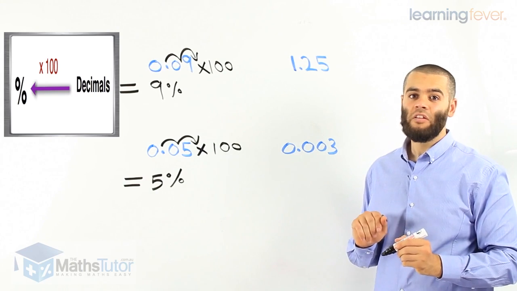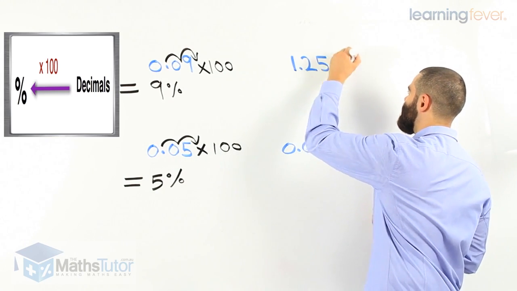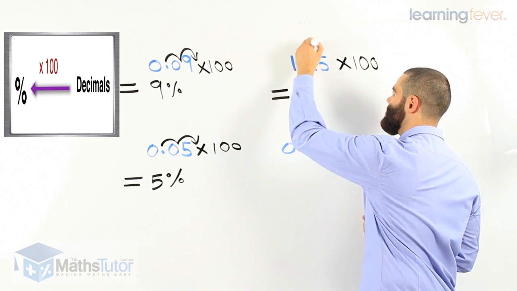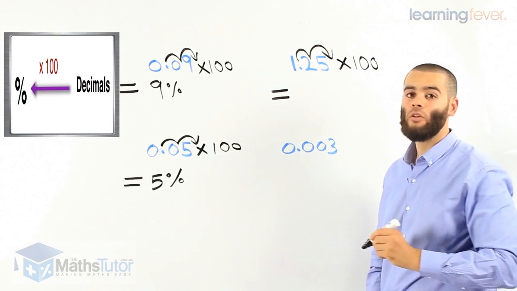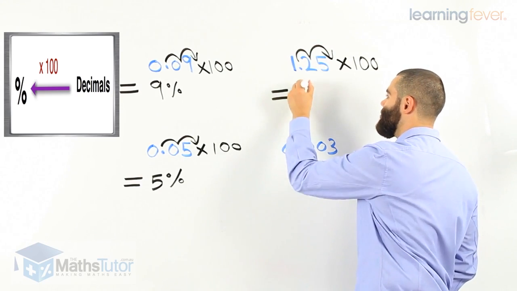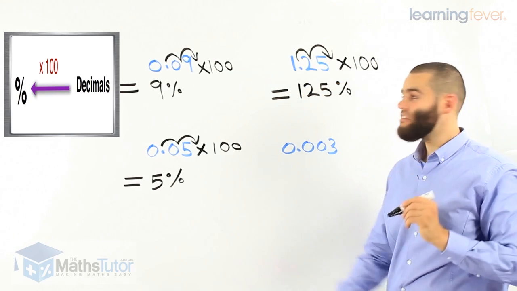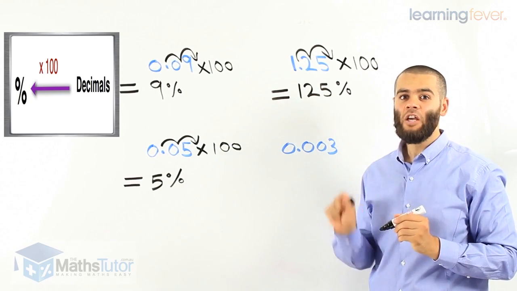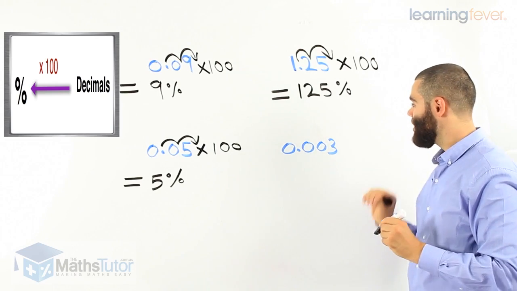1.25. This is a decimal, convert it to percentage. Times 100. 1, 2. 1.25 times 100, jump twice to the right. 125%. Notice, I never forget my percent sign. We are asked to convert to percent, so we have to put the percent sign or else we'll get it wrong. Last one,